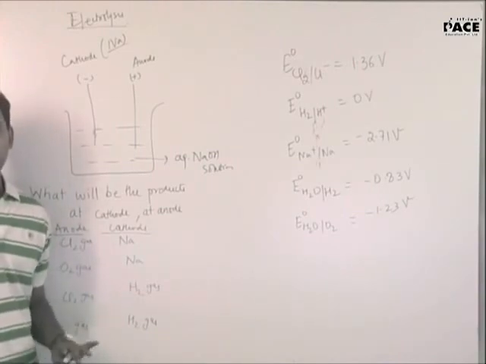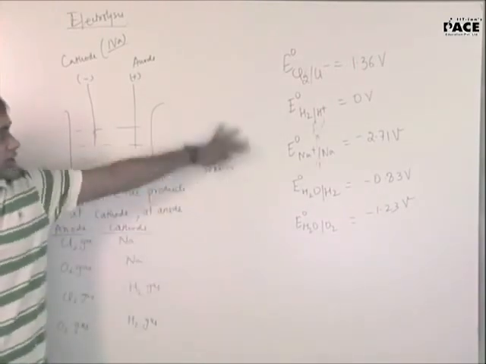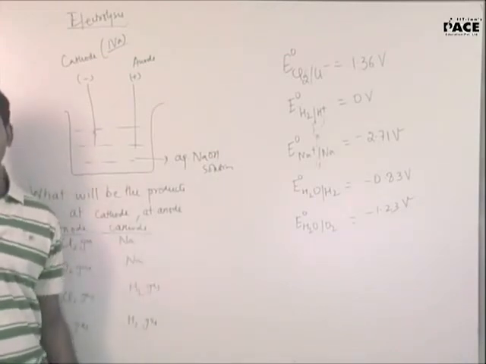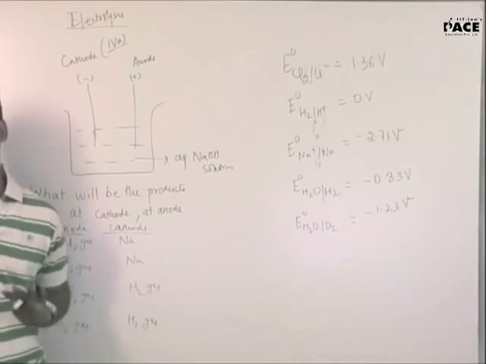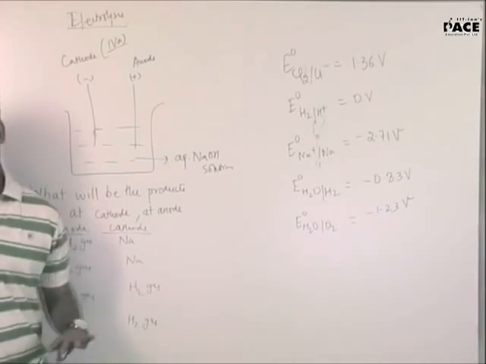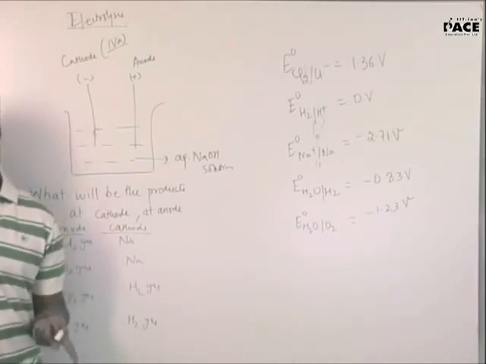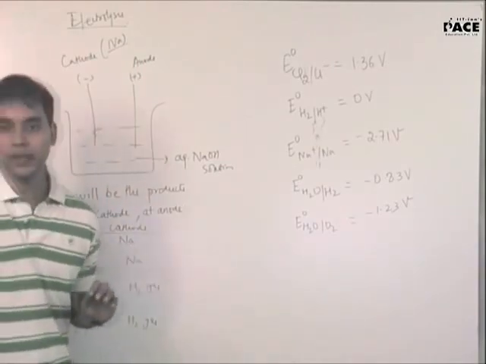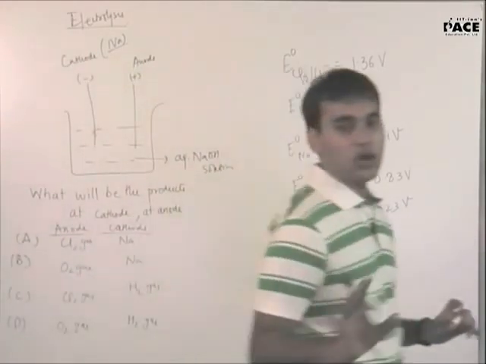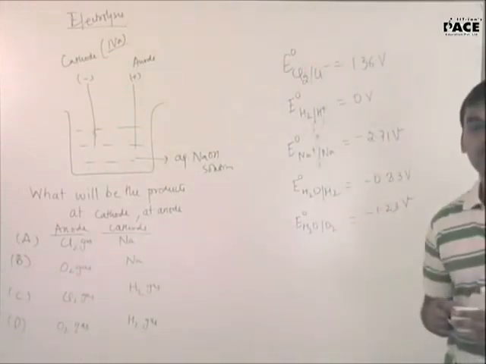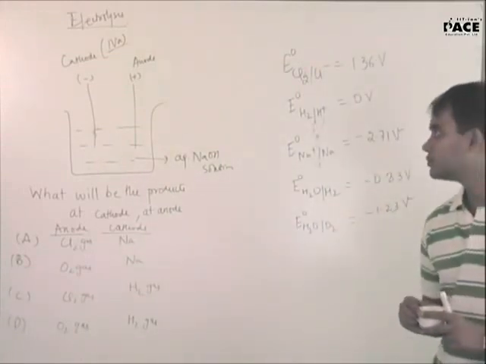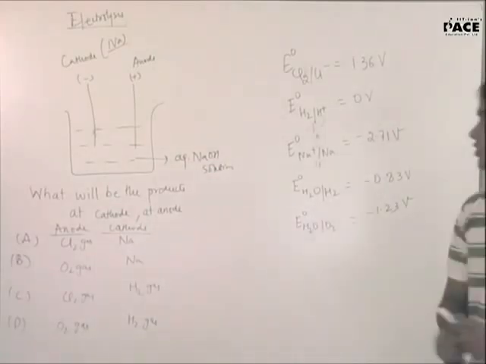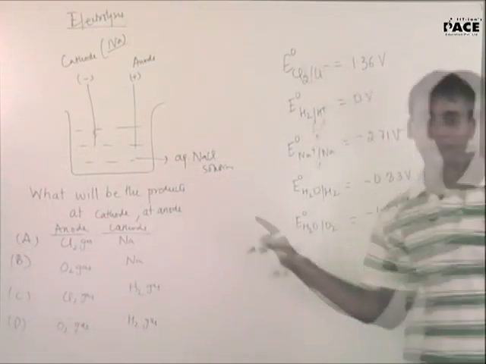Okay, just think over it once. All the data has been given to you. A hint for you is you can think about electrochemical series. That is the hint. And the other hint is, you know, at cathode always reduction takes place, at anode always oxidation takes place. Clear? Think about it, solve it. Sir, is the solution NaCl or NaOH? NaCl. It is NaCl, sorry. It is NaCl solution. Now it's fine.